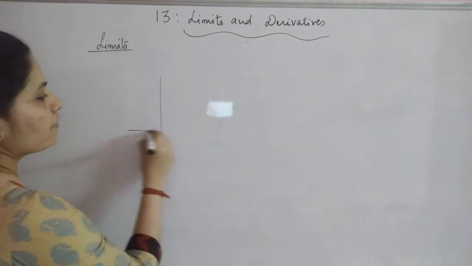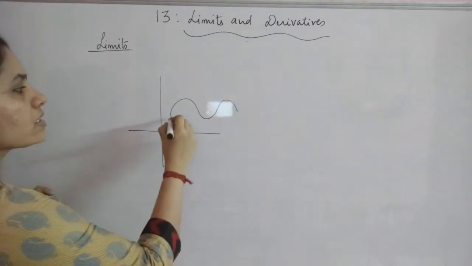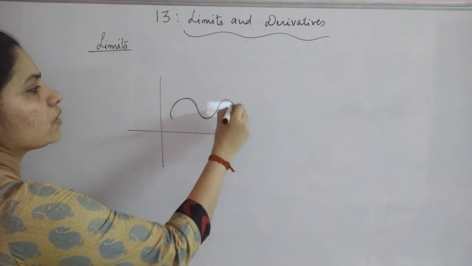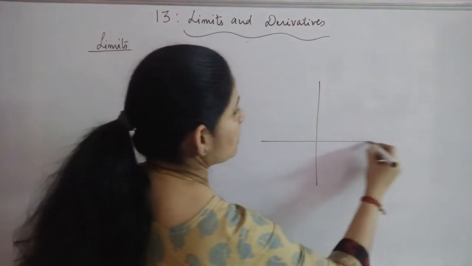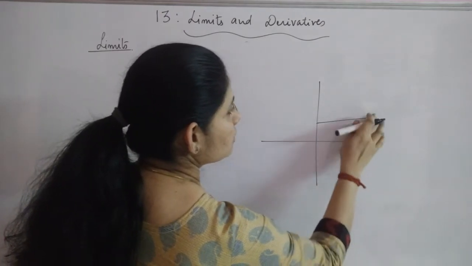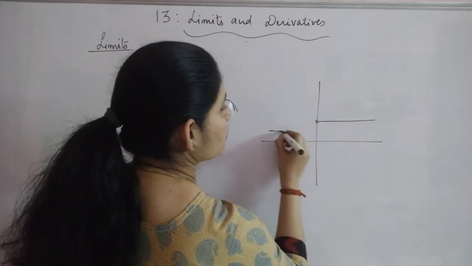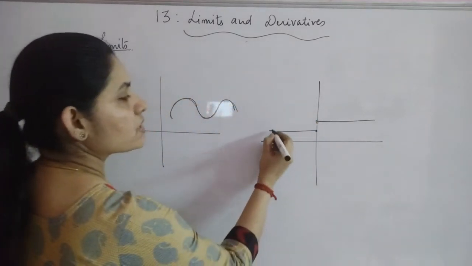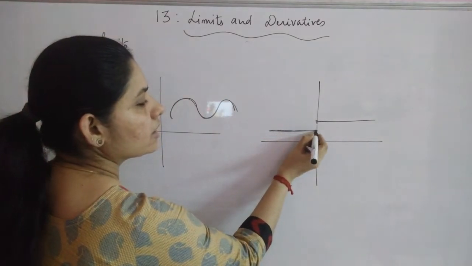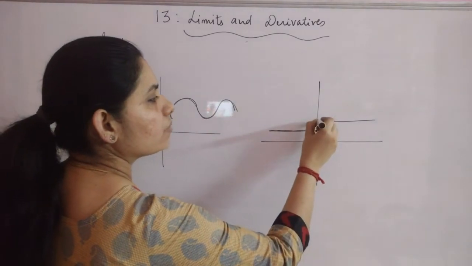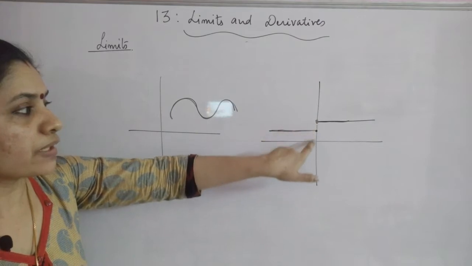If I have a graph like this, I will say that this graph is continuous because I can just draw this without lifting up my pen. But in the other example which we considered right now, it was like this, here at 2 and 1. When I am drawing it, I can feel here it is continuous, right? I am getting a straight line. Now after this I have to take a jump and then move on like this. That means it was not continuous at this point 0.